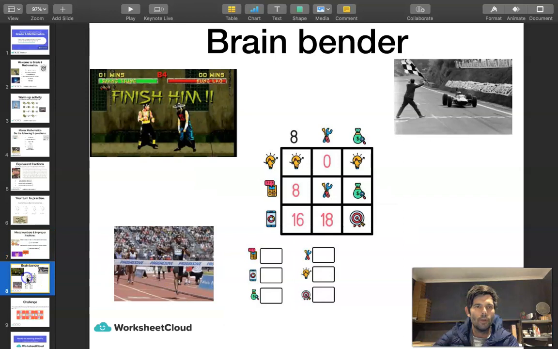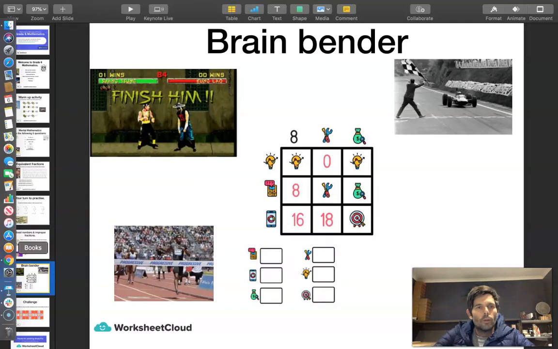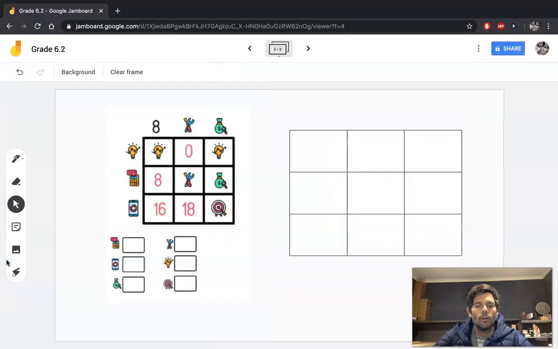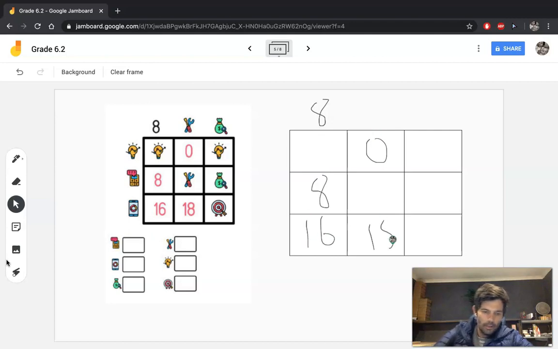Right, here's your brain bender. Okay guys, so here is your brain bender on the Google Jamboard. It is quite a tricky one, so you probably will have to stop and work it out by yourselves before you carry on, and I encourage you to do so. Okay, so I'm just going to put in what I got, and feel free to carry on working out as far as you can until I put the missing numbers in,